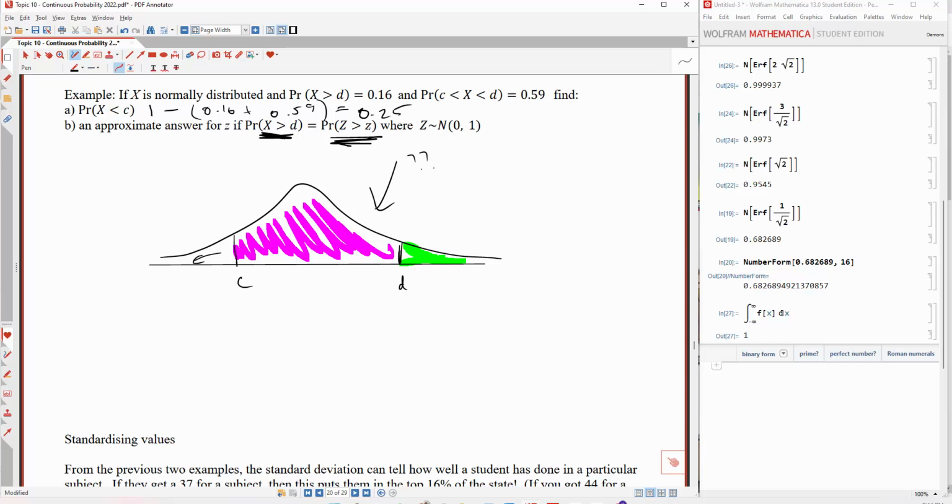So again, what this is basically saying is, go and imagine the Z distribution, and we want to know for what value is it going to have an area of 0.16? All right, so these are a little bit trickier here, but let's just quickly draw the Z distribution. So the way it works is we've got the mean, 2, 3,